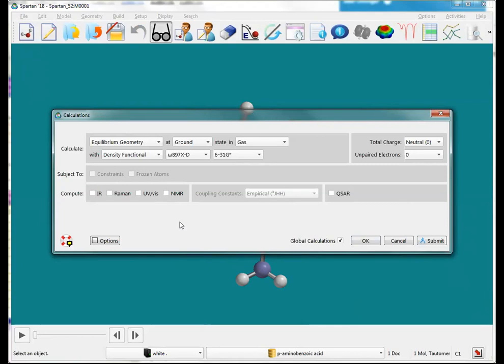Okay, the calculations dialog is also set up fairly hierarchically. So under the calculate section, we have a set of tasks, and those range from energy, which is basically give me the energy of the molecule as it's drawn on screen. Equilibrium geometry, which says take the molecule on screen and iteratively do a geometry optimization where you solve